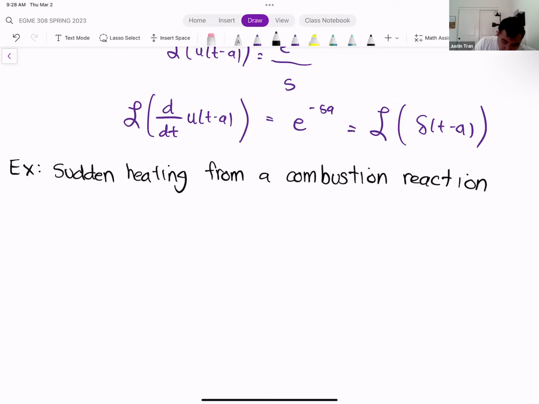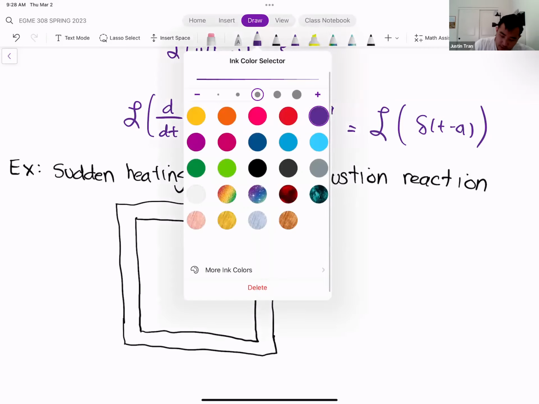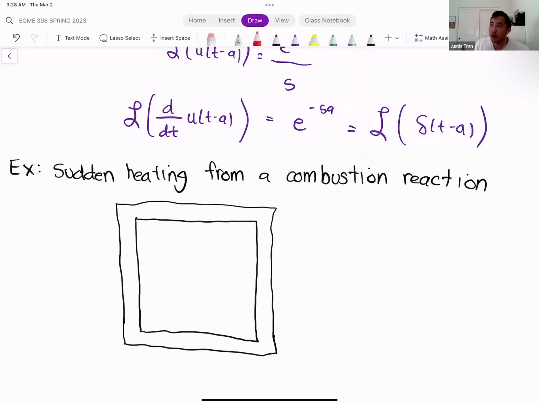So let's draw this visually. We have our combustion chamber. I know this is not what a real combustion chamber looks like, but this is the limits of my artistic ability. So we have a combustion chamber that is a box. And a combustion reaction, like we said before, is basically just a localized explosion, right? We combine together all the constituents: you have fuel, you have oxygen, and you give it a spark. That's going to cause a little combustion reaction, so we have basically a little explosion here.